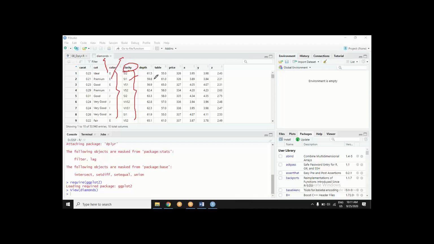Well, so again, if you want to know what these variables specifically mean, you can check the help of what? Help of this diamonds dataset. You know, we have seen that there is a help document for datasets also.